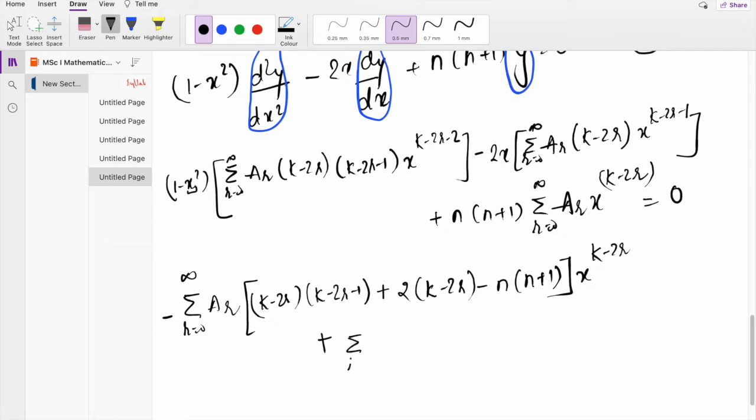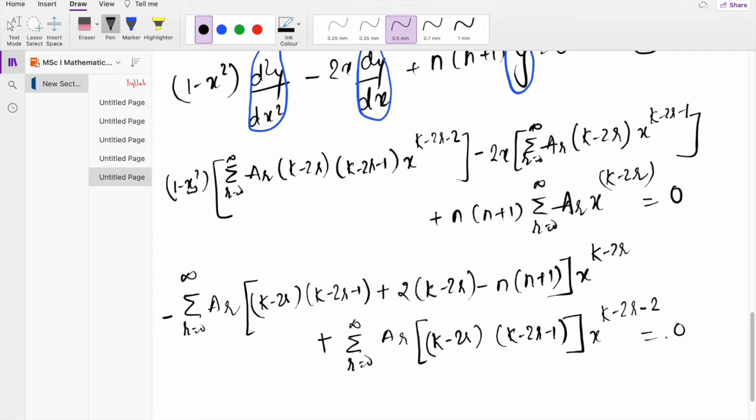So this will give me summation r tends to 0 to infinity ar, put it in a large bracket, k minus 2r, k minus 2r minus 1. The second highest term is x to the power k minus 2r minus 2, which is equal to 0. Alright,